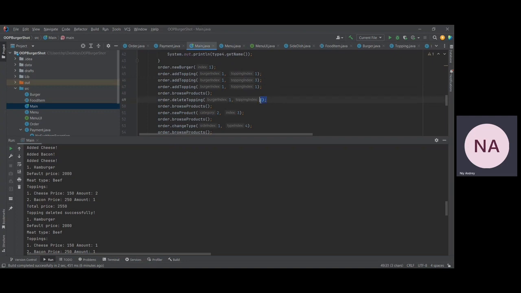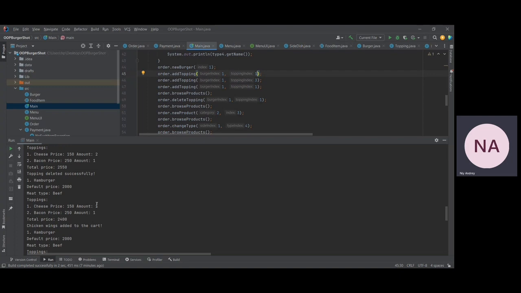Then we try to delete the first topping and notice that it has a topping index of 1, but actually it is 1 not among 6 available toppings, but among 2 which are declared in the burger, which is cheese. We delete this cheese to find out that the cheese was deleted and returns 1. Then browse products. Then we add new product at category 2, which is sides, and index 3 is chicken wings. We browse these products and